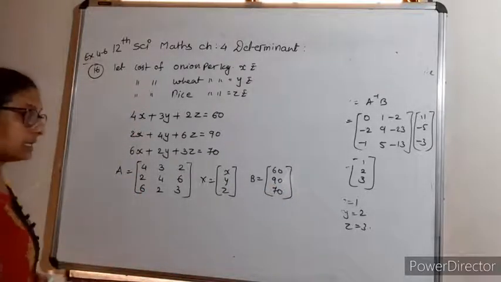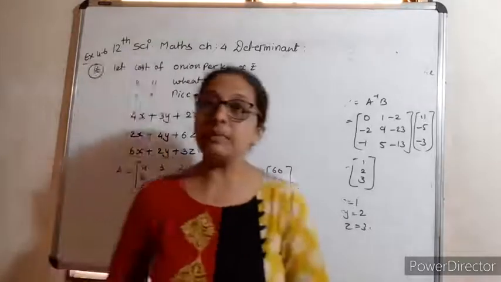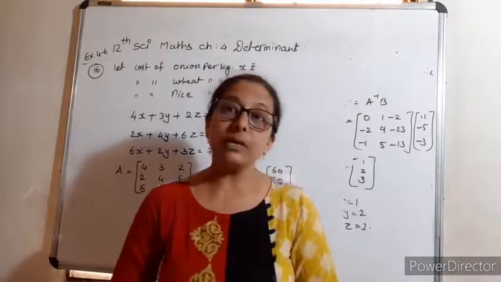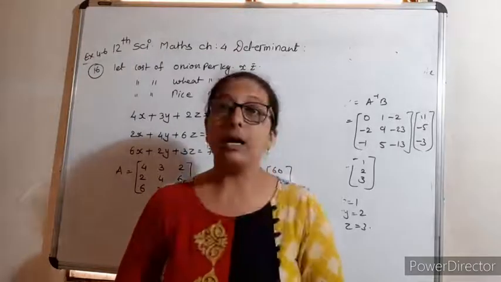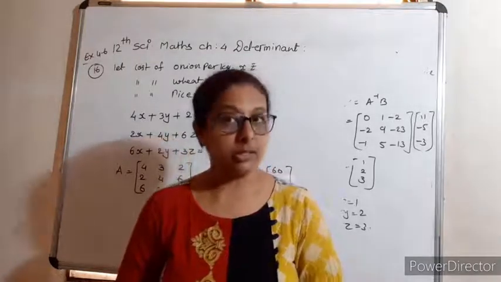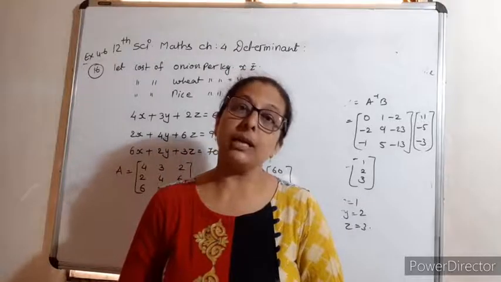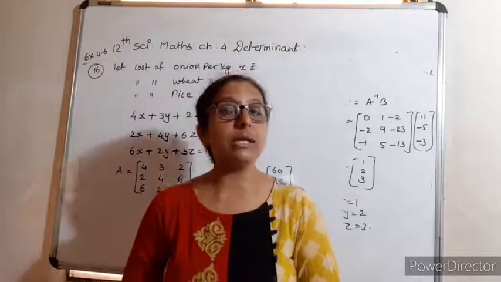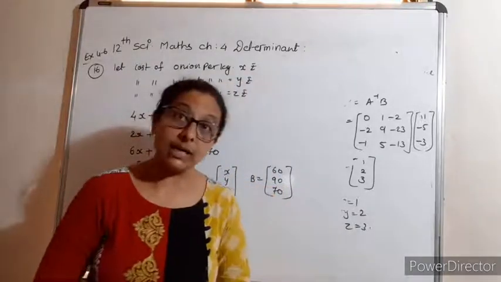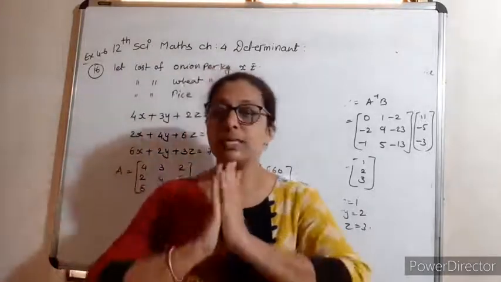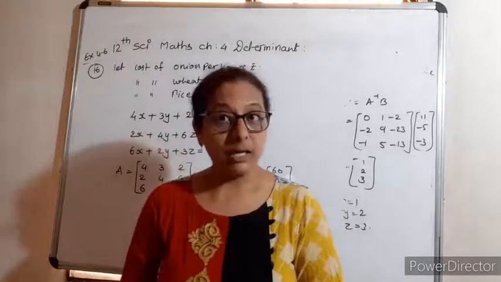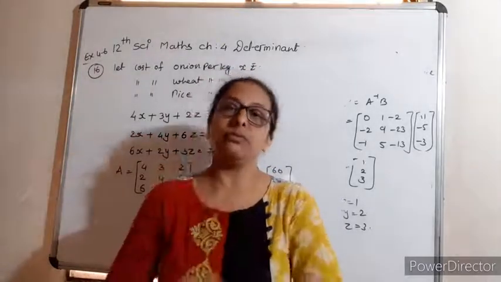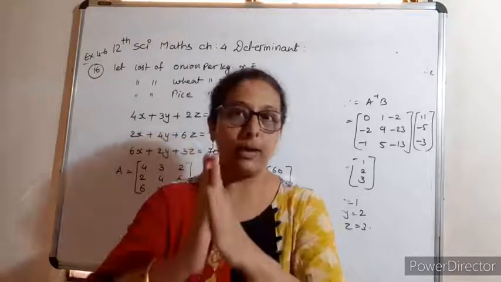It is very easy, we have done it already many times, so we will not do it here. So you know how to use the inverse of a matrix to solve a linear equation. If the determinant of A is not 0, then only you will get the unique solution and then only it is a consistent equation, otherwise not. So this is a very easy method. You know how to find the adjoint, inverse and how to solve the linear equation now.